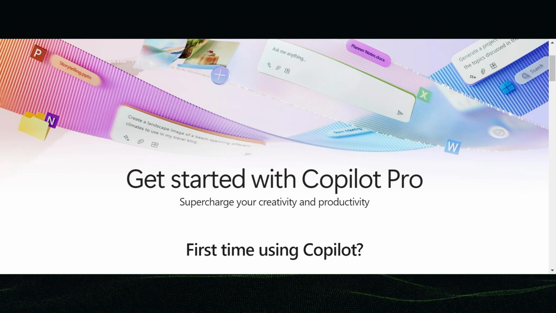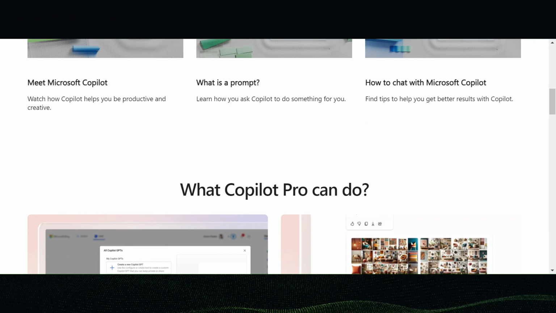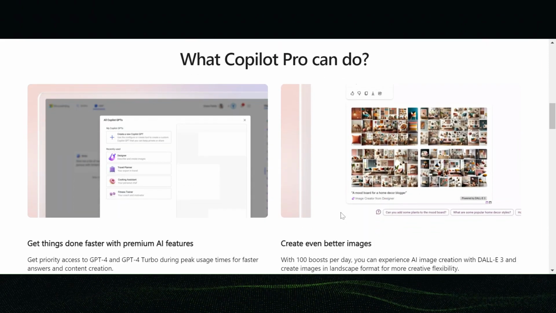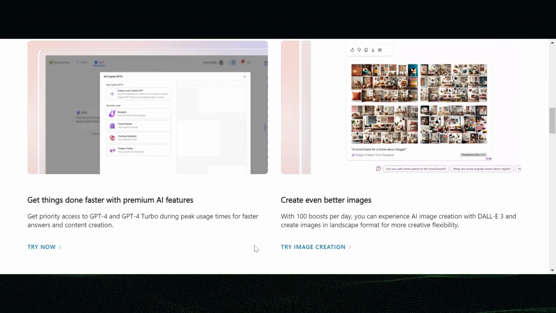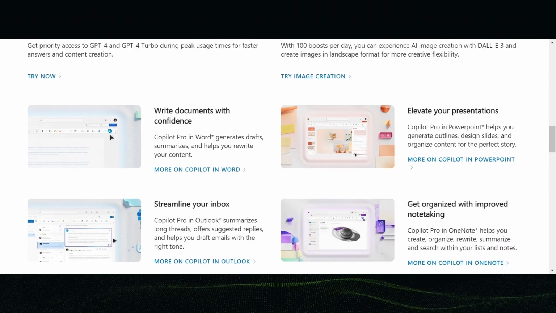Let's discuss Microsoft Copilot Pro. So, what can Copilot Pro do? Basically, it uses AI features like the LLM models ChatGPT GPT-4 and GPT-4 Turbo. Using that, it helps create more features, like you can create images. Here you can see, using a text prompt, you can create an image in Microsoft Copilot Pro, and also